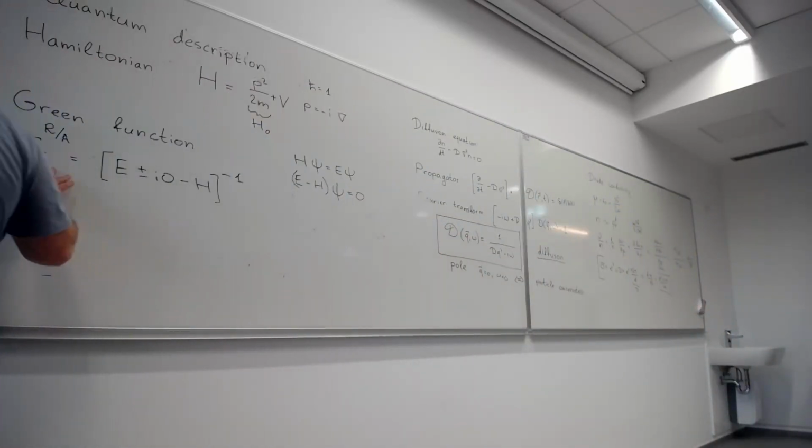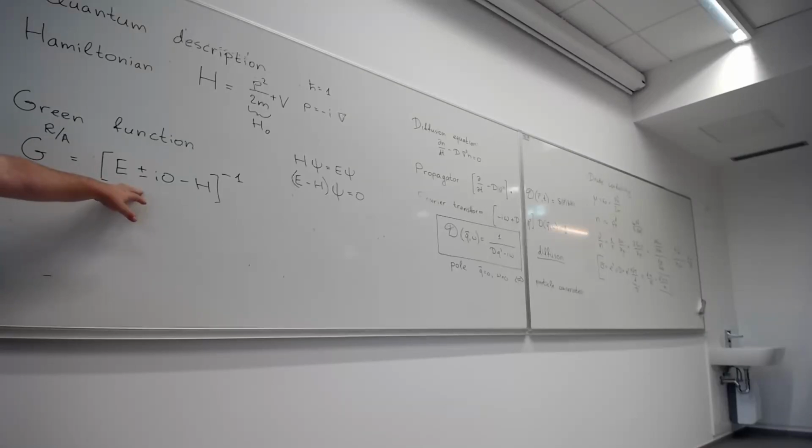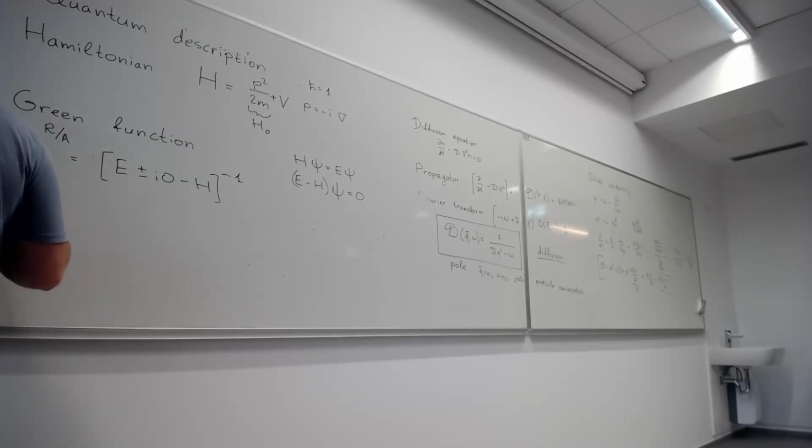So once again, in real space representation, this can indeed be written like a function, but in general, it's much better to think of it as an operator, which is the inverse to this operator. So G is just an operator defined in this way, and if we want to apply it to a metal, we will do